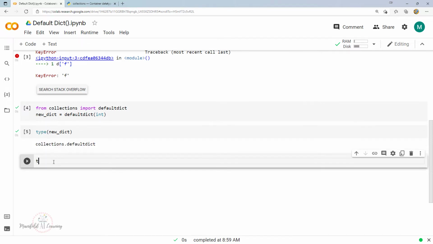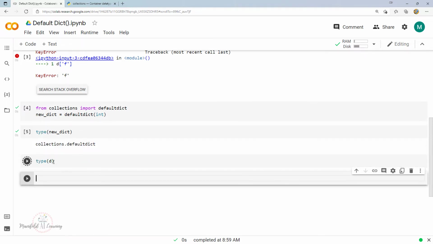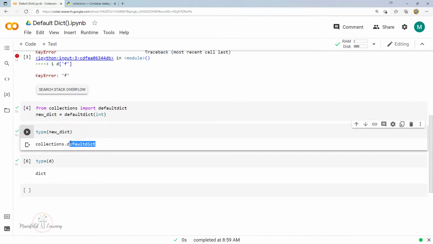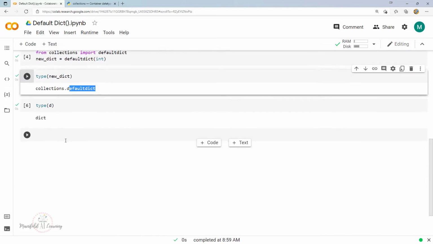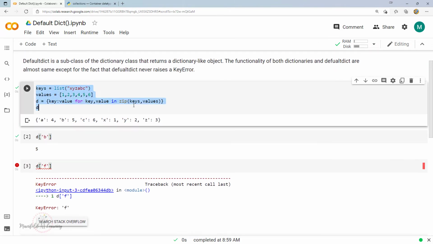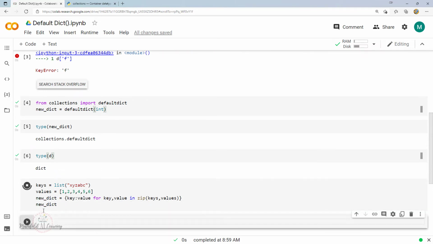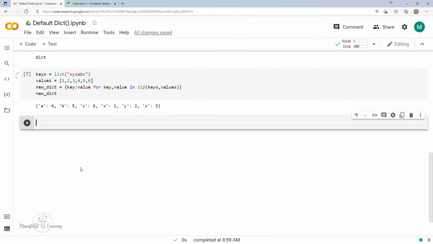But if you have seen earlier, when I say type of D, the type of D was a normal Python dictionary. Now this is a defaultdict object type. Now let's look at the speciality of this new dict. I'll just copy paste the above code, and I'll say new underscore dict, and I'll use the same logic and build my new values, new dict right away. I have made use of the concept of list comprehension. So if I say type of new dict,